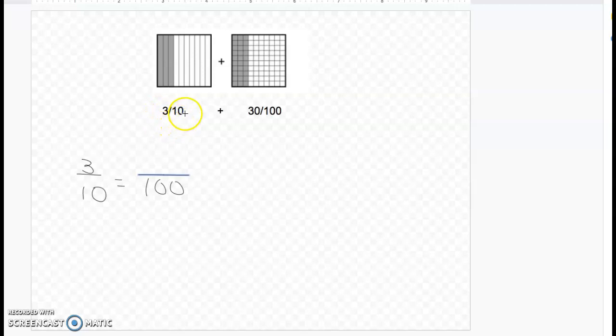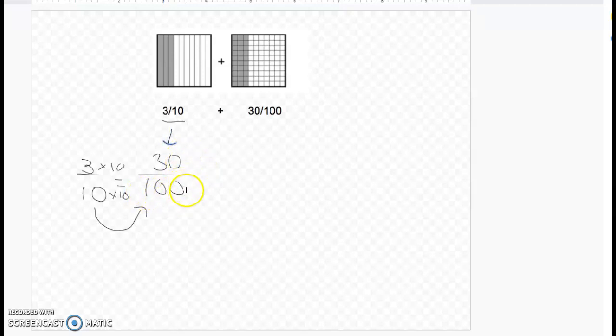This 3/10 right here. So we ask ourselves, well, how did 10 become 100? And we know that we had to multiply by 10, okay? And what you do to the bottom, you do to the top. What you do to the denominator, you do to the numerator to get an equivalent fraction. You can multiply or divide. And 3 times 10 is 30. So we have just renamed this fraction 3/10 with a bottom number or a denominator of 100 to be 30